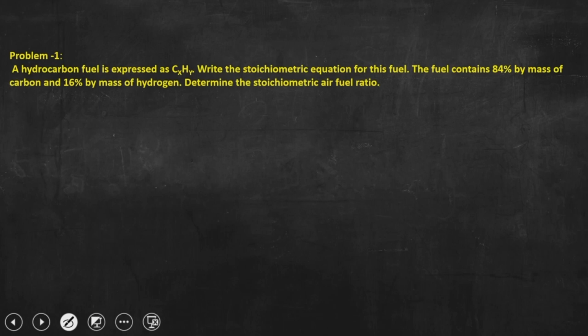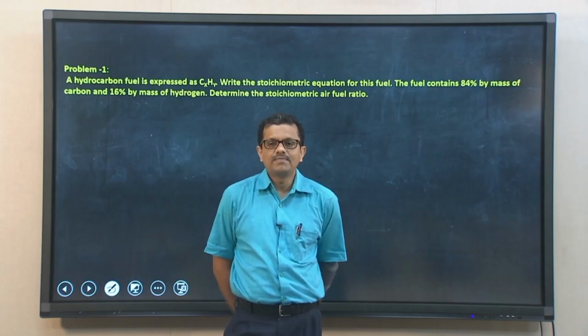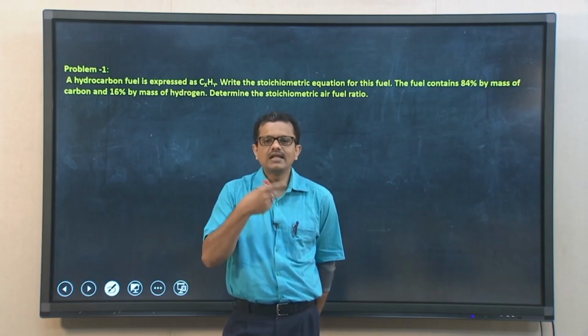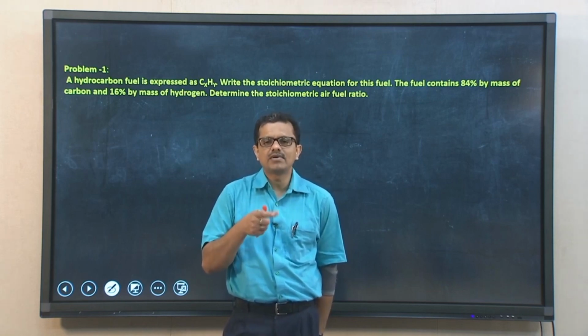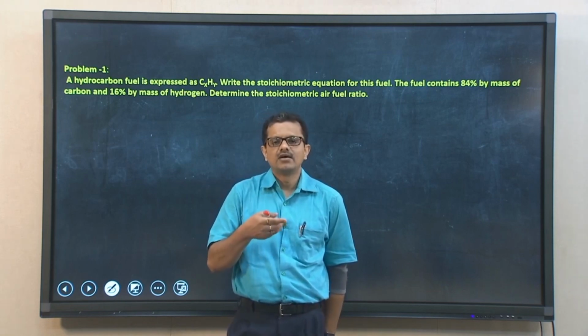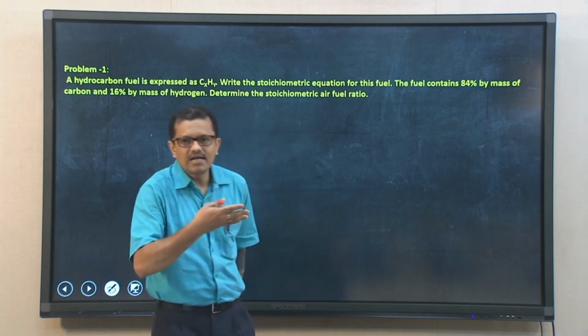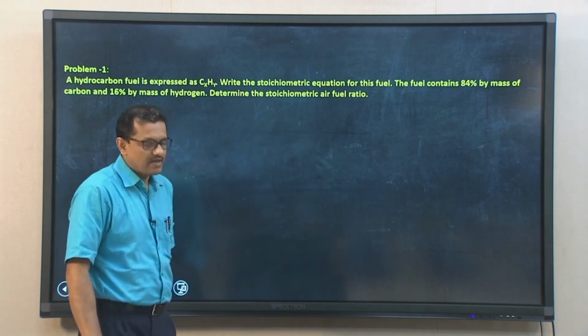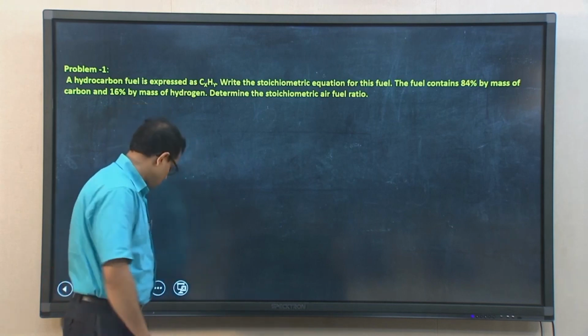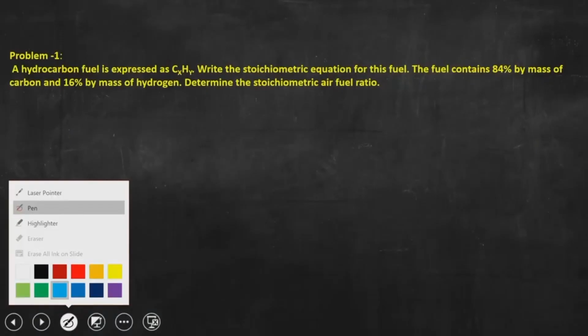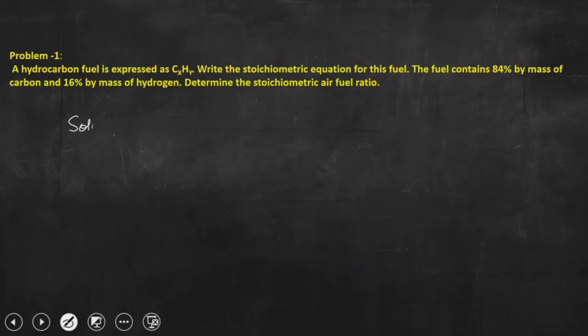So, first what do we need to write? We need to write the stoichiometric equation, the chemically balanced equation, and by writing that equation we can quantify the amount of air needed to burn that fuel in an efficient manner, that is, the combustion should be efficient. So, let us solve this problem first. The fuel formula is given as CxHy. So, fuel is